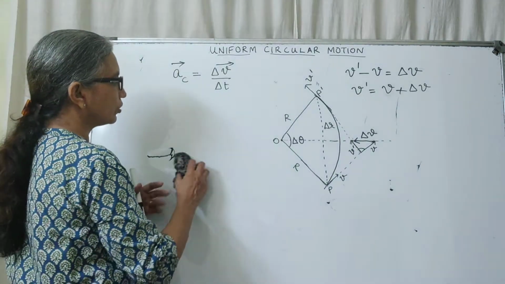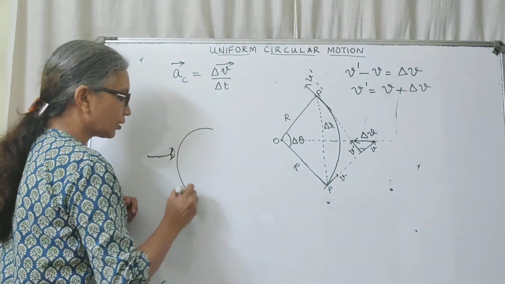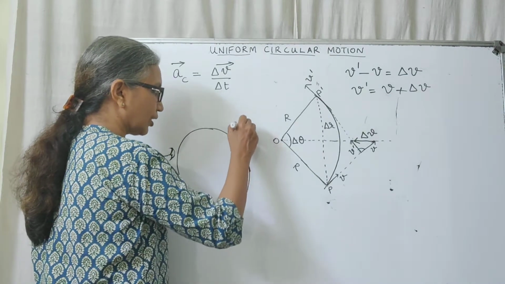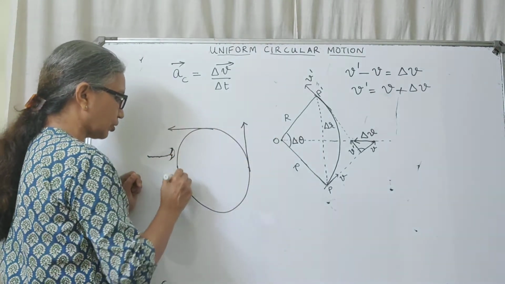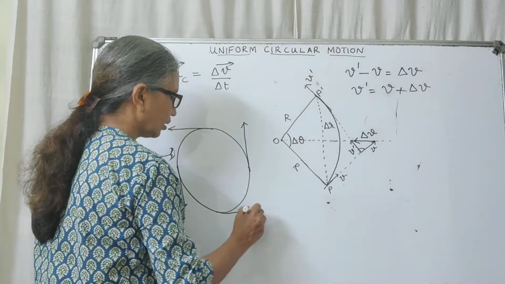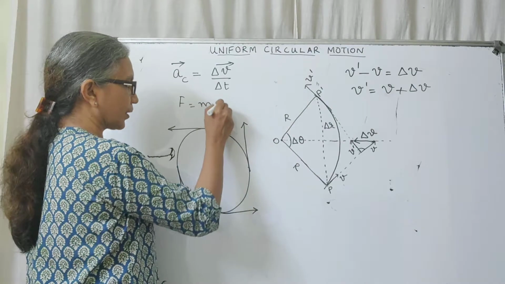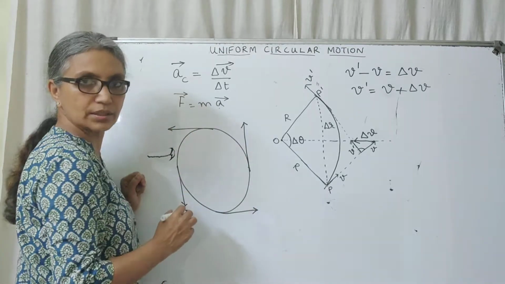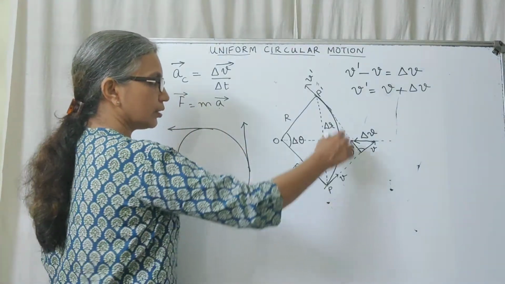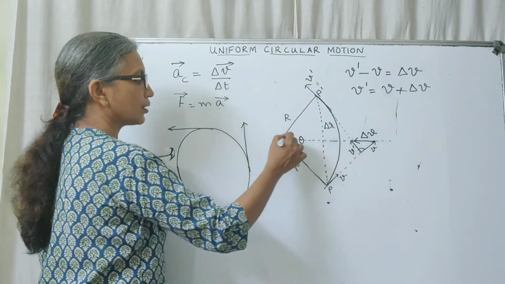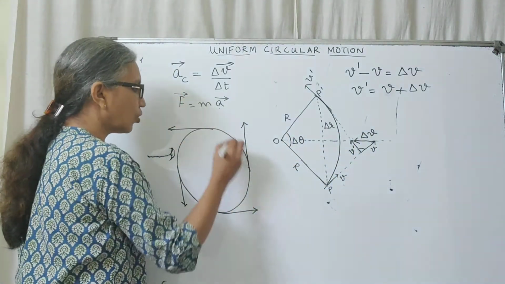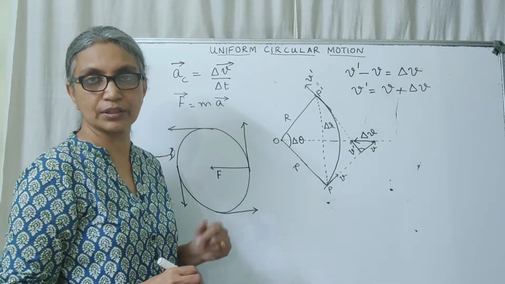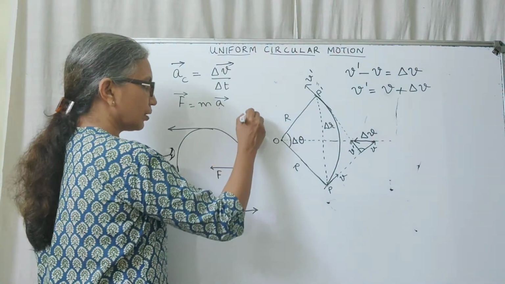So what that means is, a particle in circular motion has its velocity along the tangent at every point. But the force, which is equal to mass into acceleration, will have the direction of acceleration, because mass is a scalar. Since a body in circular motion has its acceleration towards the center, the force also should be directed towards the center, and that force is what you call the centripetal force.